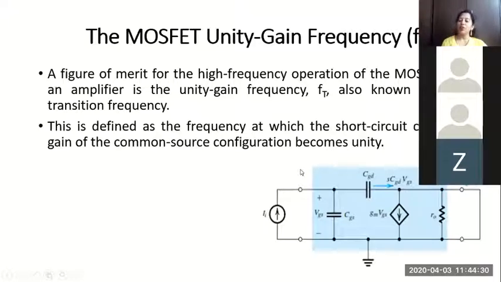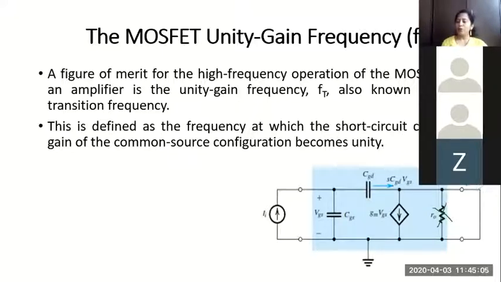And how do I find the short circuit current gain? I should first short the output terminals and find the value of current I0 flowing through that by applying an input current II. So let's consider an input current II, short the output terminals and consider the current I0. What happens when I short the output terminals? This R0 will not have any effect. There is a short circuit across this, so naturally no current will flow through the resistance. R0 is high, please remember, in the 40, 50 or 100K range. So R0 will not have any effect.